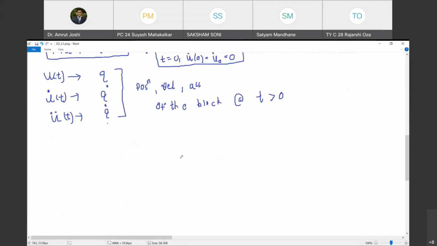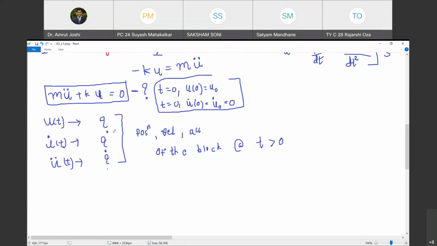Okay, so let us try to solve this differential equation. Don't get too much carried away by the mathematics involved here. It is really simple mathematics. Once you understand this, probably this much is the mathematics that you will require in the entire course. So you have to understand it only once. It is not that difficult. Are you with me? Yes. I am not asking you to solve a partial differential equation. It's just an ordinary differential equation. Are you with me? Yes, sir.